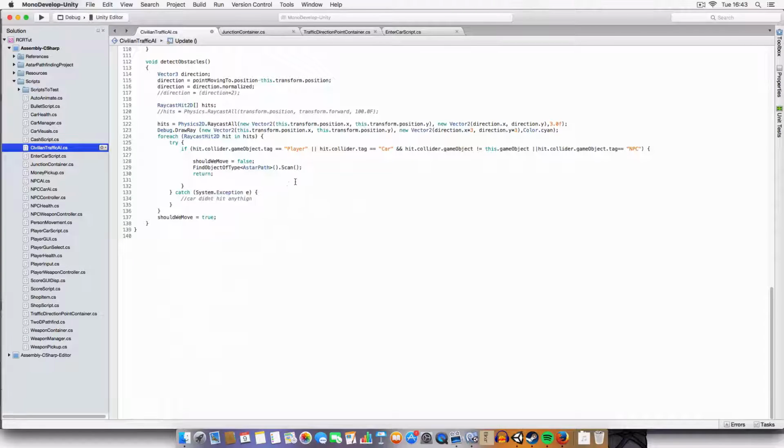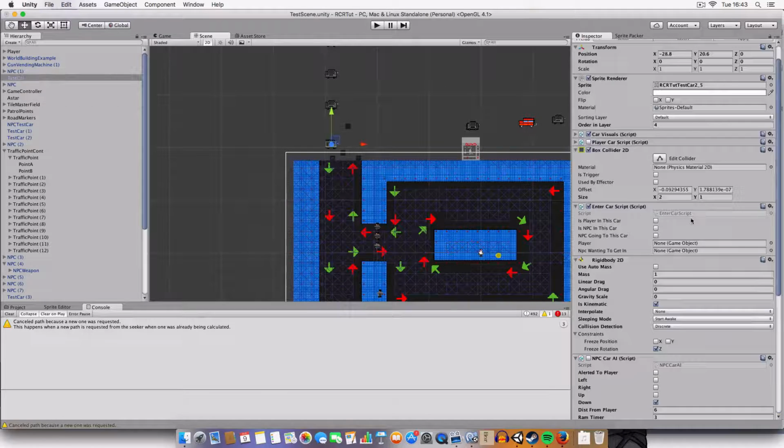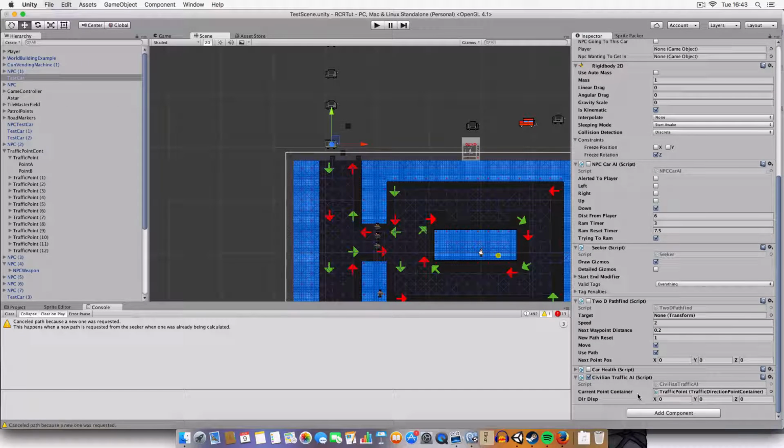But if we get through all the hits and none of these conditions is met, so say the NPC has moved out of the way and the car can continue going, it'll just finish looping through and get to here. So it'll set shouldMove equal to true. So it'll go again, it'll start moving, and I think that's it actually. We just had to add the new civilian traffic AI script to the